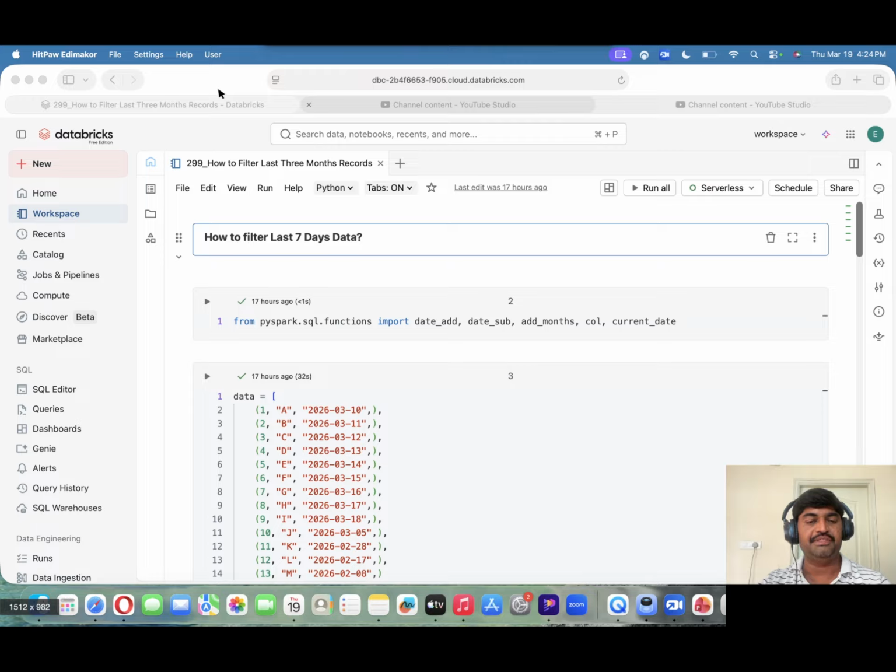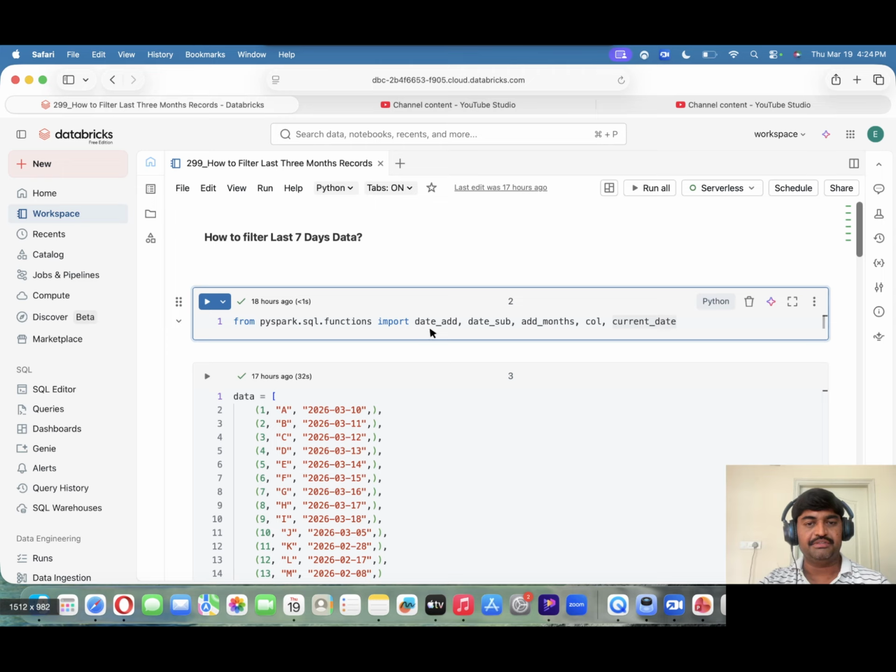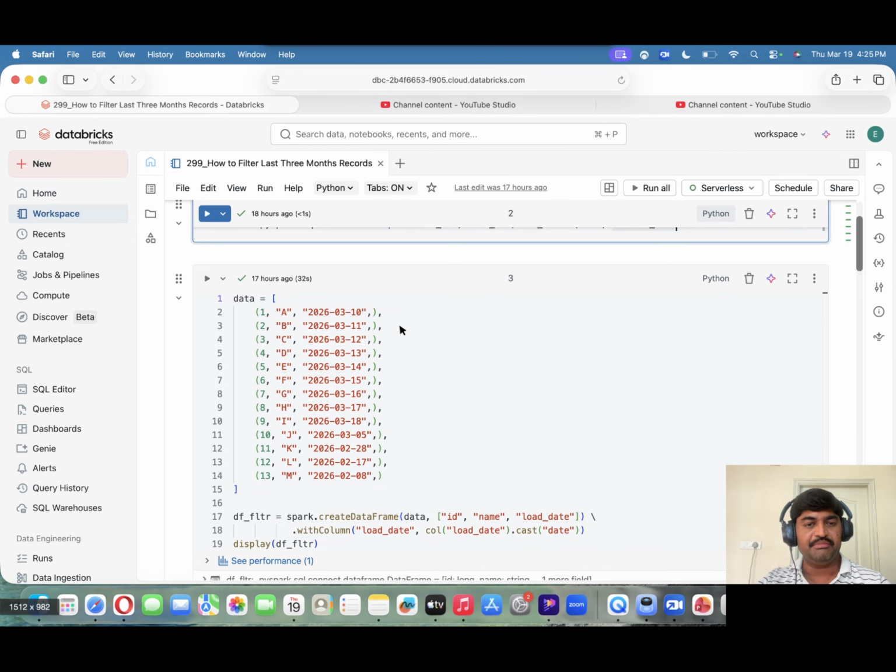Today our topic is how to filter last 7 days data in PySpark. So we'll see what all the different methods are available to filter last 7 days of data. First I am importing the required functions. Mainly I'm going to try with date_add, date_sub, and add_months functions, and initially, I'm creating one sample